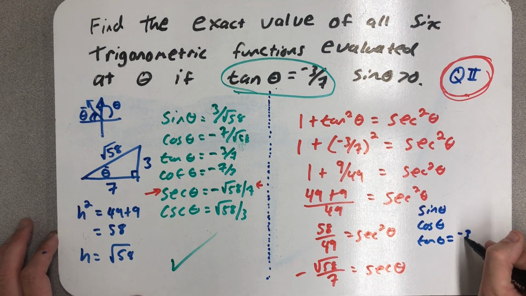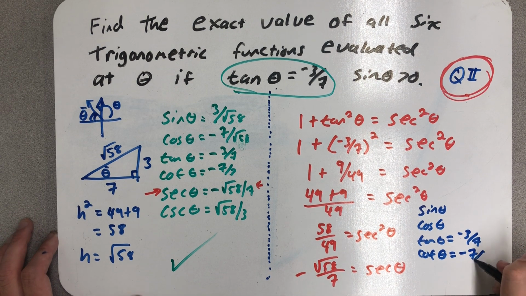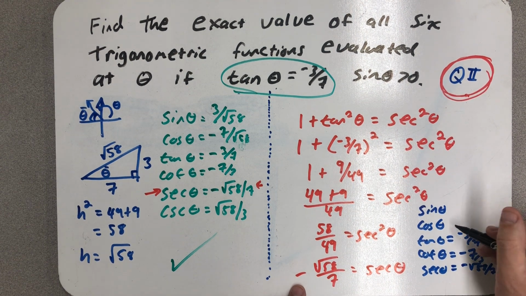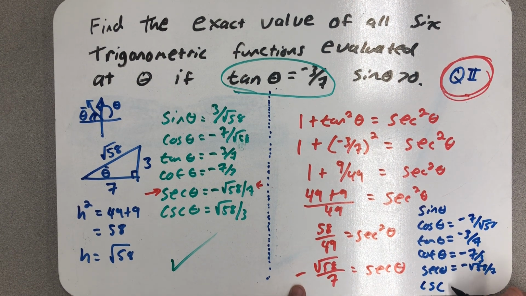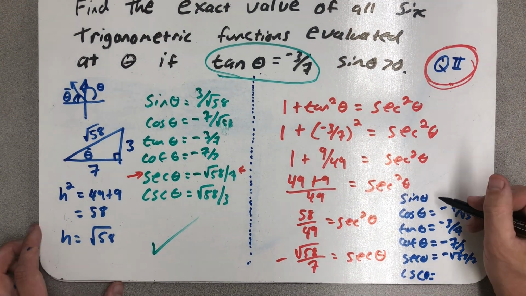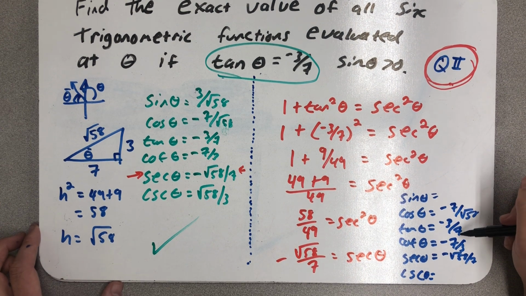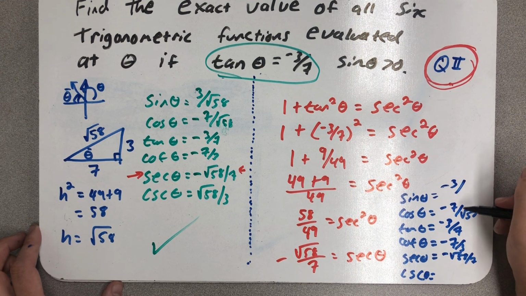Well, again, if I get tangent wrong, I guess I'm not working hard enough. Secant, I now know as being minus root 58 over 7, which means I know cosine, minus 7 over root 58. Now I just need to figure out what sine and cosecant are. Well, I'm going to kind of think about it like this. See, I know that sine over cosine has to give me this value of tangent. So I need that 3 over 7, so it's going to have to be a minus 3, because a negative 3 over a negative 7